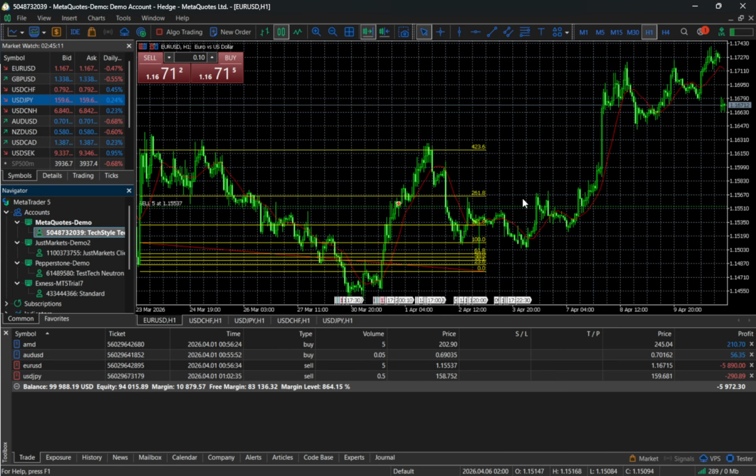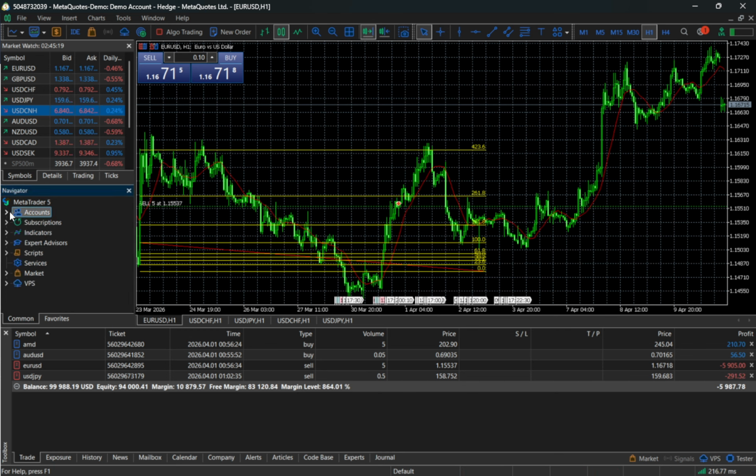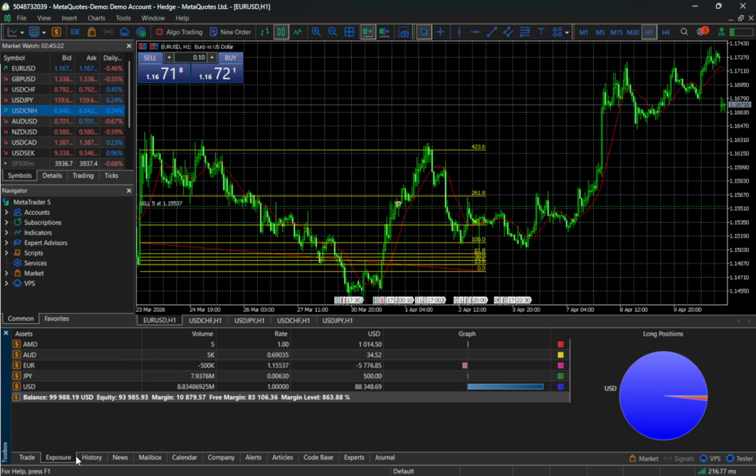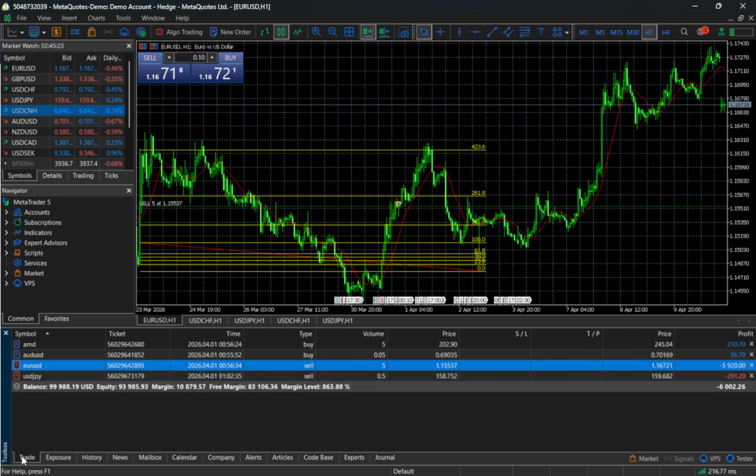Once you're in, you'll see the main layout. Market Watch lists tradable symbols and their prices. The chart window shows price movement, usually as candlesticks. Navigator holds your accounts, indicators, and expert advisors. The terminal at the bottom displays open trades, balance, exposure, and trade history. You can drag a symbol from Market Watch onto a chart to open it and switch timeframes to suit your